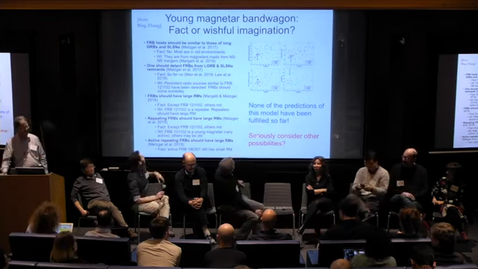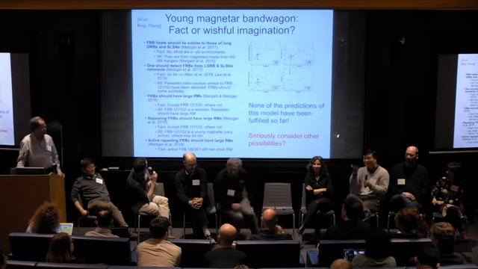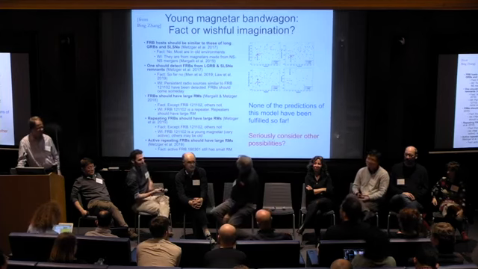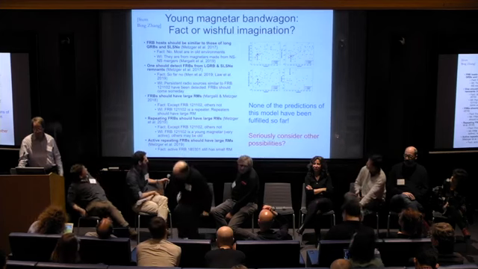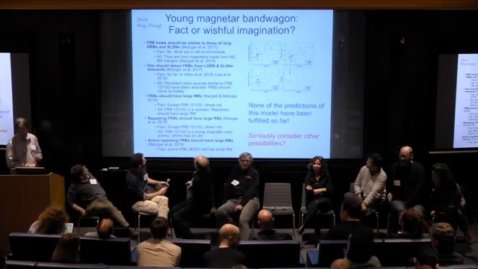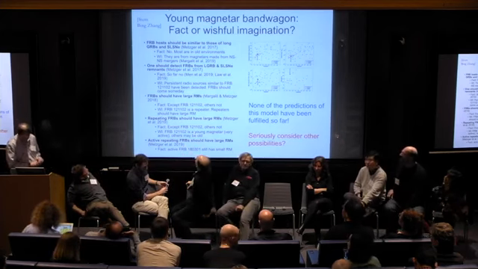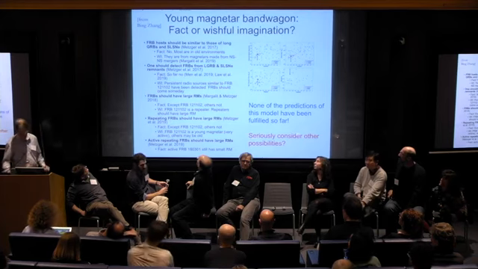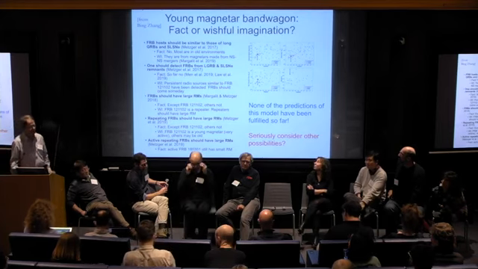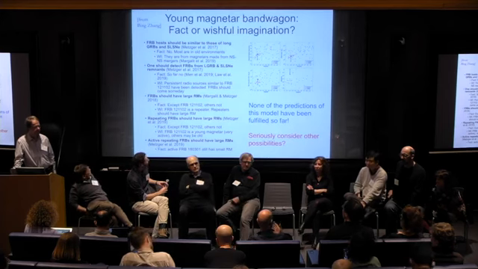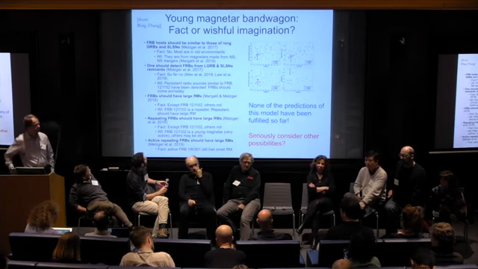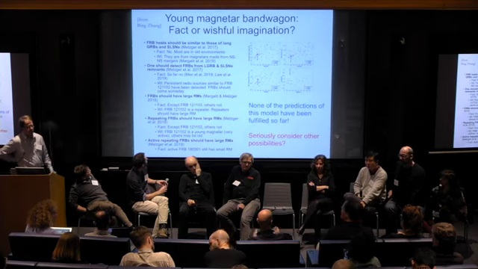Yes. Should I go through these one by one? Yeah. I'll take maybe the first two. So let me start from the second one. We should have detected FRBs from these remnants. To some extent, yes, at least from some of them. I think the amount of time that's been spent so far is of order an hour per source, so I think it's far from constraining of saying yes or no.